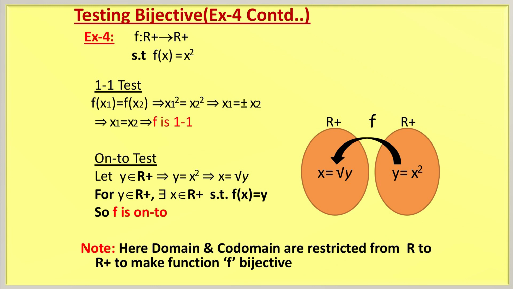You see the picture on the screen. Suppose let y is equal to x square, then in R plus in codomain, and in domain, in the reverse case, we are getting root y. So what is the root y? Root y is nothing but x. That means for x square we are getting x. For 25 we will get 5, we will not get minus 5, because here the function is from the set of positive real numbers to the set of positive real numbers. So, there are no negative real numbers in any case. So, for y is equal to x square in R plus, there is an element x is equal to root y belonging to the same R plus, because domain and codomain are the same, such that f(x) is equal to y. So, the function is onto.